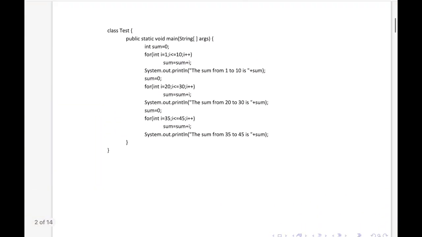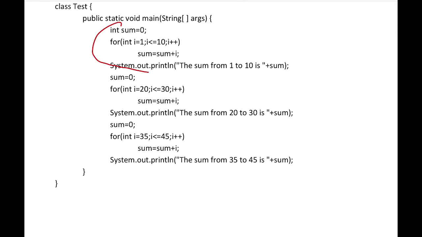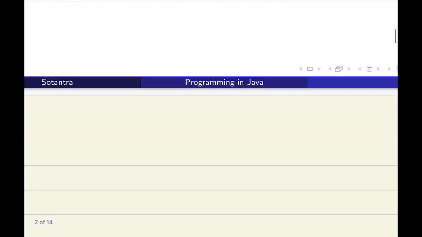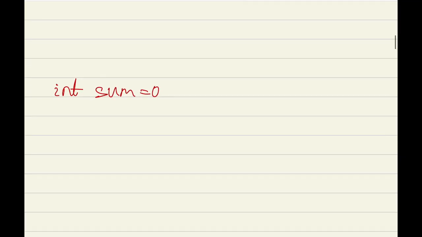Now how to write the common code that can be used by different starting values and ending values to find the sum of the integers. Now here we can write int sum = 0, similar to the previous one. Here we have written, you can observe, int sum = 0. So the same thing we want to write. So int sum = 0,